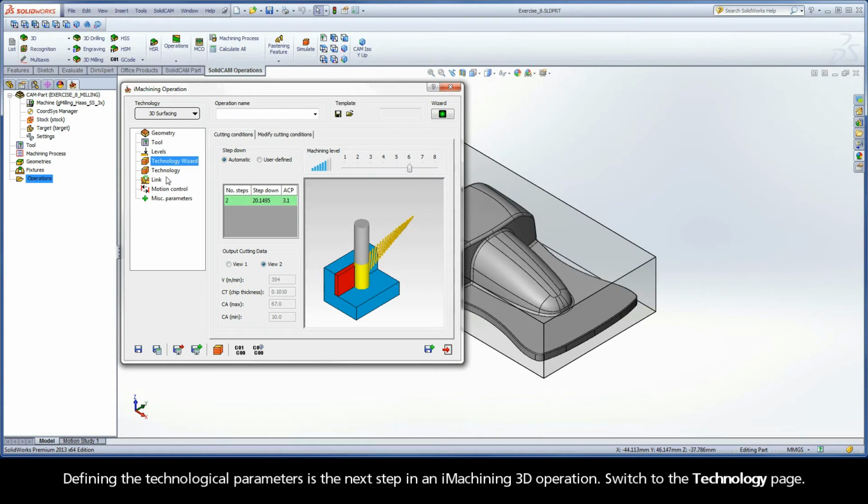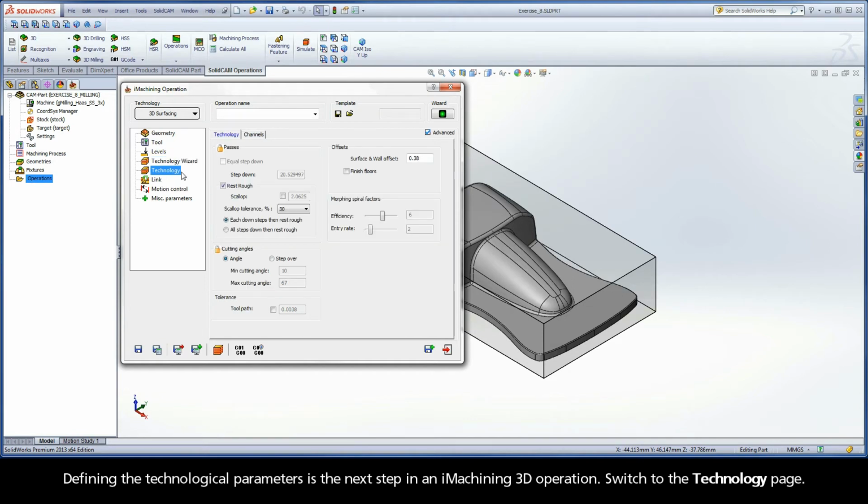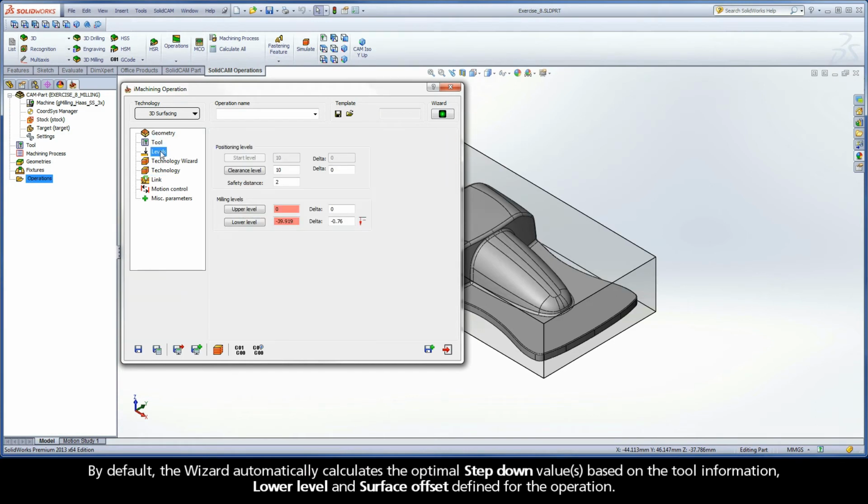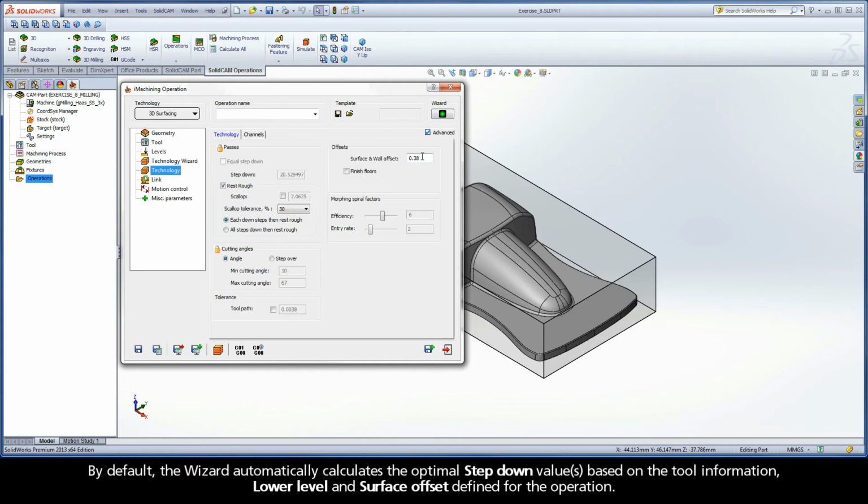Defining the technological parameters is the next step in an iMachining 3D operation. Switch to the Technology page. In the Passes area, iMachining 3D enables you to specify the parameters used for calculation of the toolpath passes. By default, the wizard automatically calculates the optimal step-down values based on the tool information, lower level, and surface offset